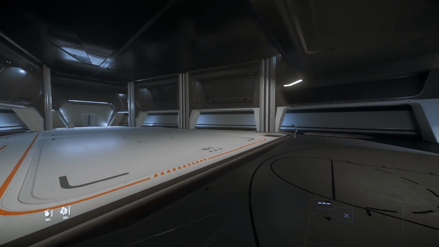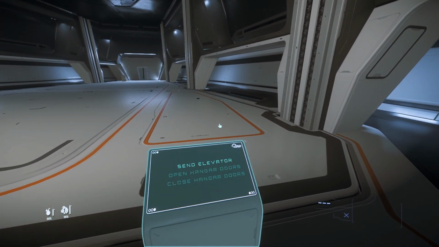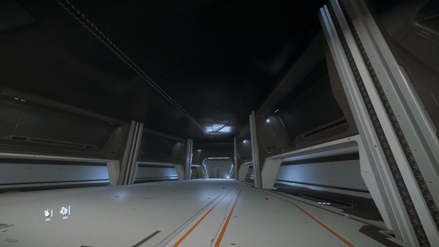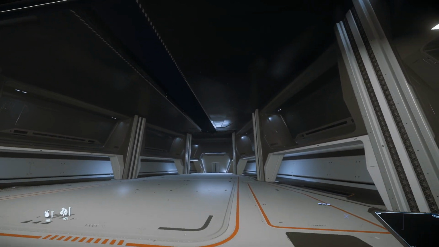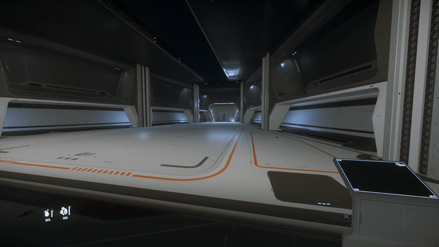Now this is an actual hangar, so you can open up the top, send up the bottom. I'll just show that quickly. Make our way over to this panel. Open the hangar doors. And you can see that it opens up just the top there. They can store something like an Anvil Arrow, which I've stored in here. You can store multiple